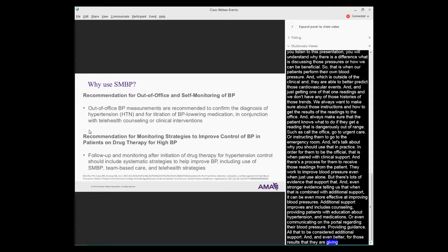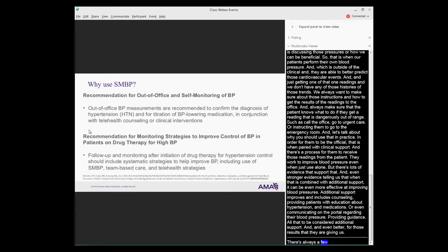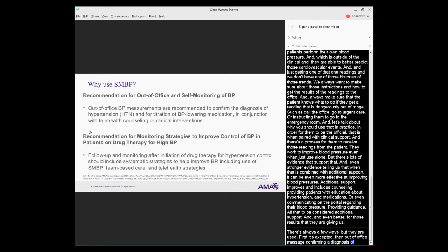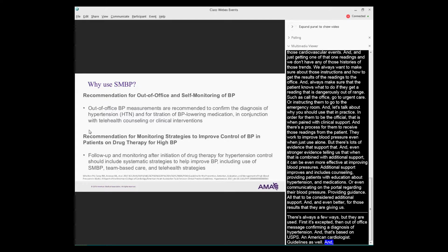So there's always a few ways that SMBP is used. First, it's accepted as an out-of-office method to confirm a diagnosis of hypertension, and that's based on USPSTF guidelines. It's based on AHA, American Heart Association, American College of Cardiologists guidelines as well. They want that out-of-office blood pressure in order to confirm that blood pressure in the office really continues to be